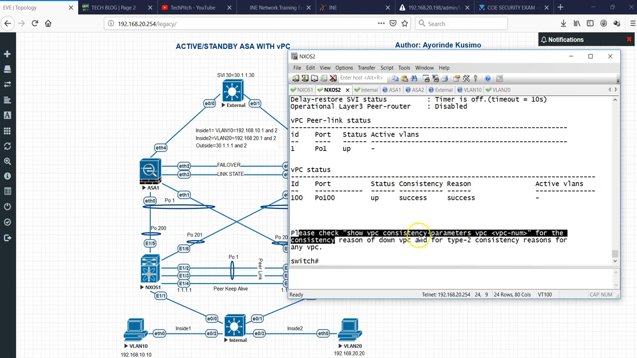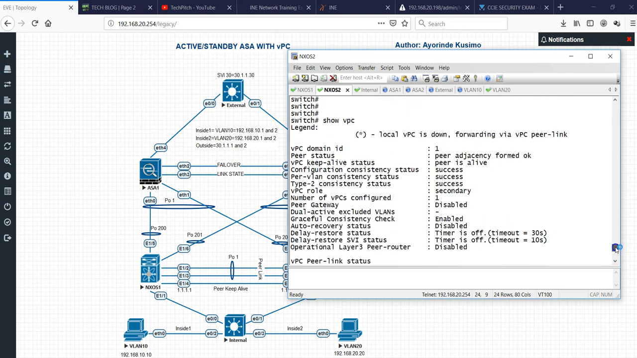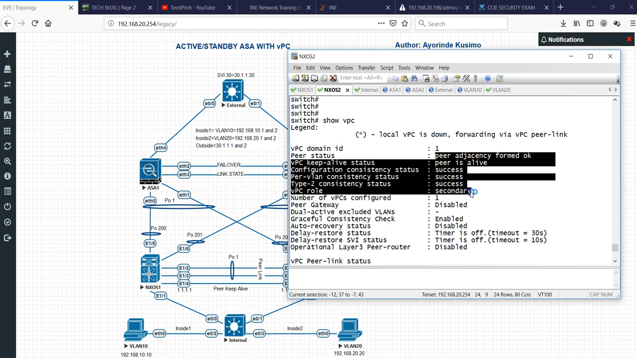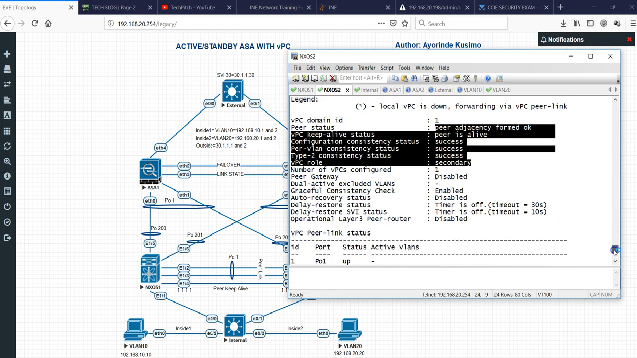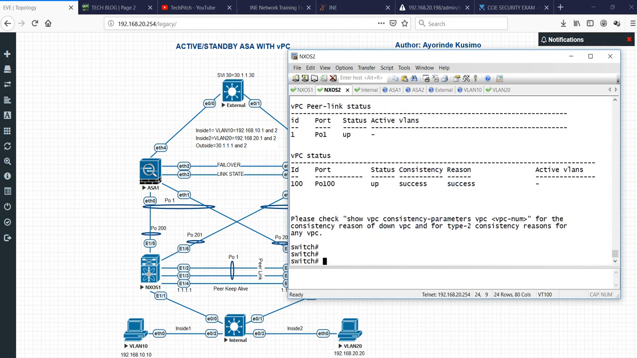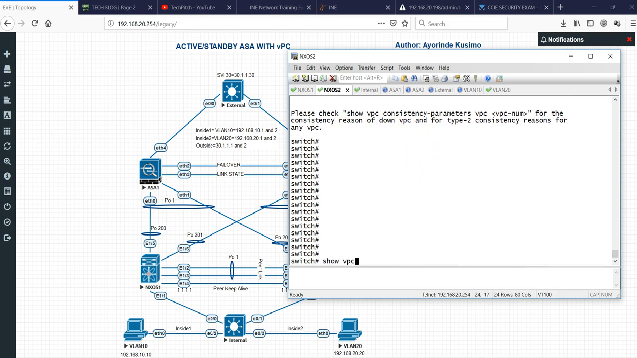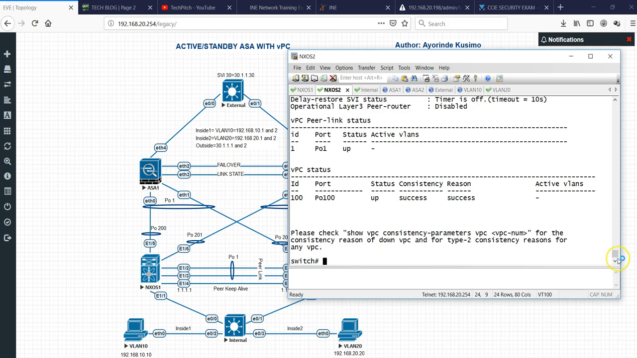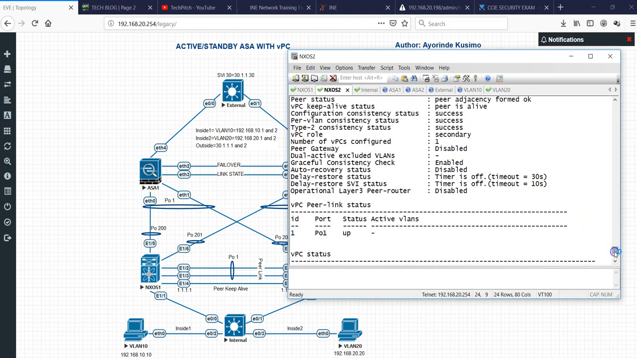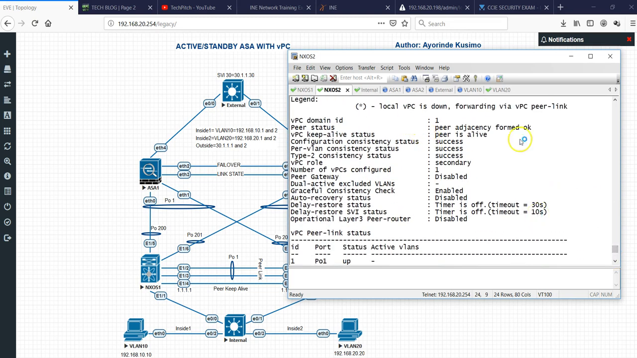Okay, please check down vPC type 2. Let me see. I believe that message is old, I'm not having any issue here. Everything is okay from here. So that's all I need. Okay, please check if I have any issue. But now I don't have any issue. I don't have any inconsistency. Everything is okay. So you can see from